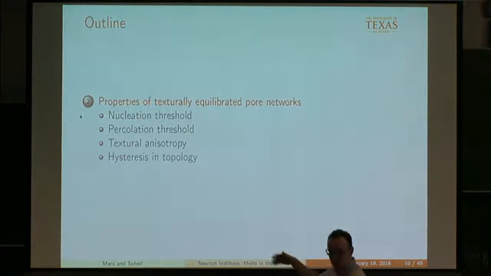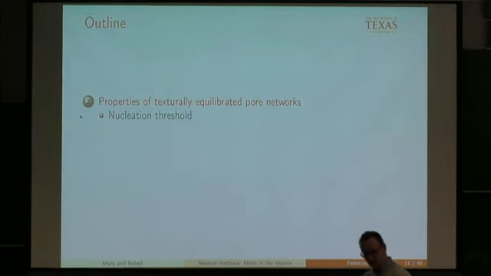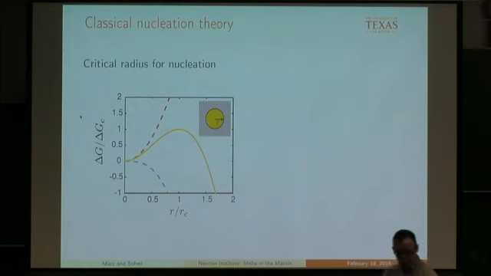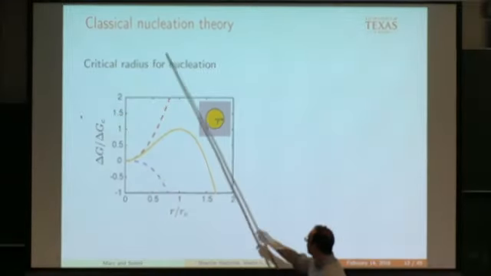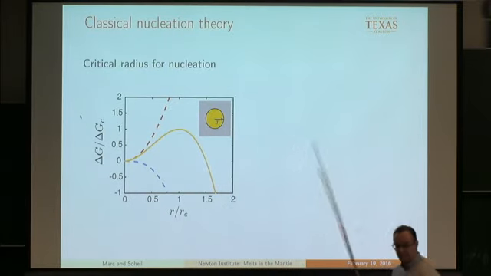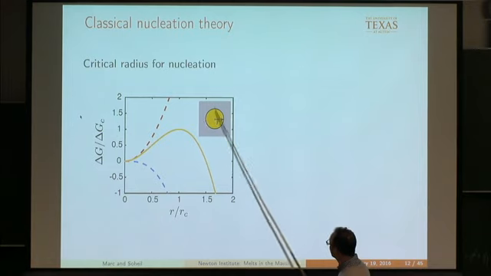Okay, so now we can use this tool to look at various properties of these texturally equilibrated systems, and the first one that I want to look at is nucleation at textural equilibrium. And so I believe this is something that hasn't been really thought about. So I think everybody in this room has at some point seen this graph, this is the simplest version of classical nucleation theory, which says if you want to nucleate a new phase in a homogeneous medium,